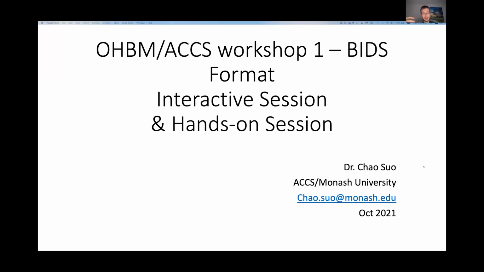So Chow will show a BIDS conversion from, again, another level, right? In the beginning, we saw very manual, how to understand everything, and we saw the MEG BIDS. And now we see a quite automatic way using a tool called BIDScoin on the CVL. And everything that Chow shows today will be gone through in the hands-on session.